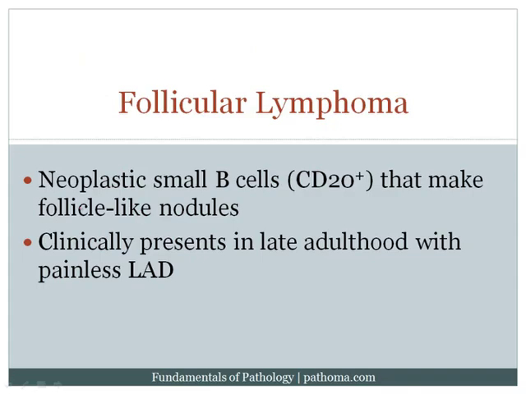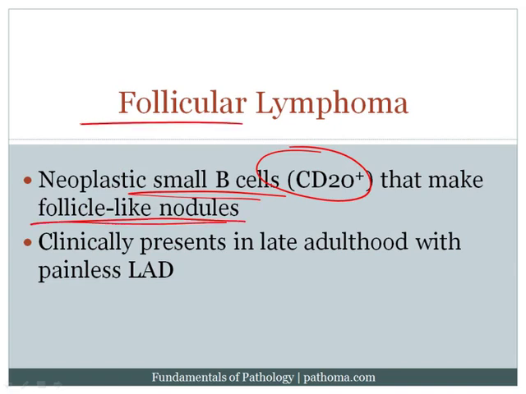Follicular lymphoma is a neoplastic proliferation of small B cells. Those B cells would be CD20 positive. CD20 is a key marker for B cells. And these small B cells are going to make follicle-like nodules, hence the name follicular lymphoma. Clinically, it presents in late adulthood and usually with painless lymphadenopathy. Now, lymphadenopathy refers to enlargement of the lymph nodes, and these patients will have generalized lymphadenopathy throughout the body